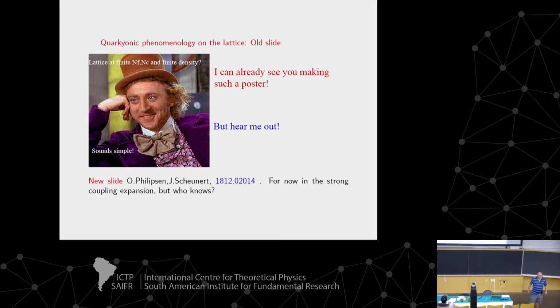That's easy. However, we're in 2019 now, and Uwe Philipsen and collaborators have put out the first paper where they investigate the nuclear liquid gas phase transition at varying NC. They didn't really find the phase transition in NC space yet. It's the first paper, and in a sense, it's a toy model because it's in the strong coupling approximation, and for example, it doesn't have the sign problem. But I'm just saying,